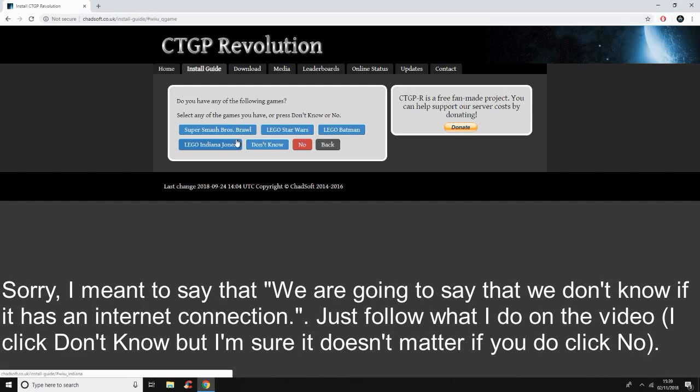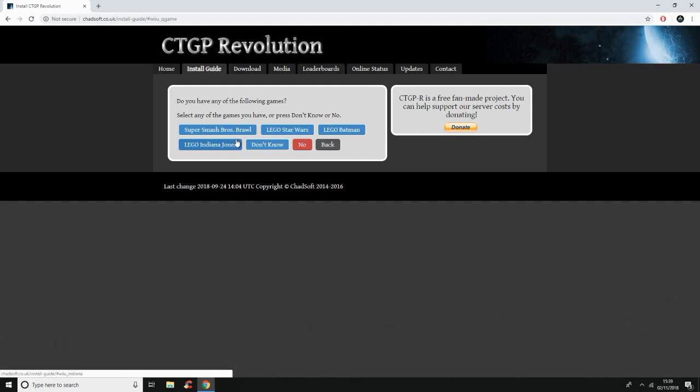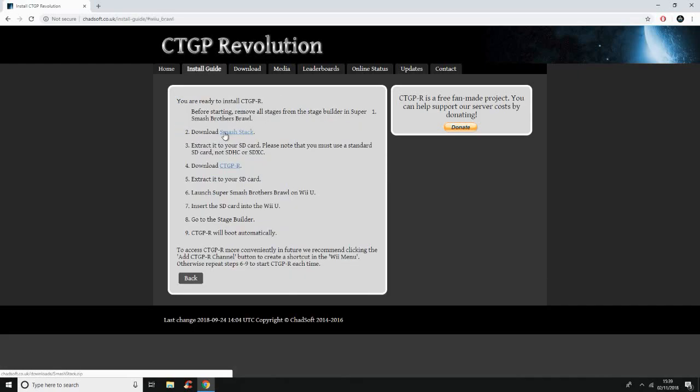So if you get to here, and you don't say you don't have any of them channels, it's gonna get you to this part where it's gonna give you a list of games. Now we're gonna do it for Smash Brothers, but you could use one of these other games listed as well. So we're gonna say we have Smash Brothers, and it's gonna say here, remove all stages from the stage builder. So we're gonna do that later, and we are going to download